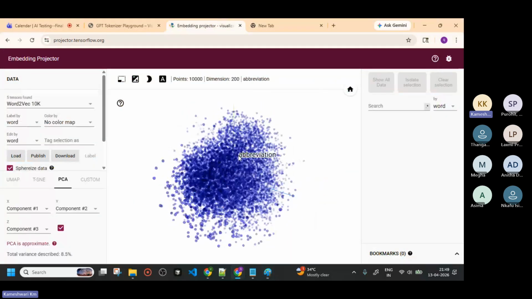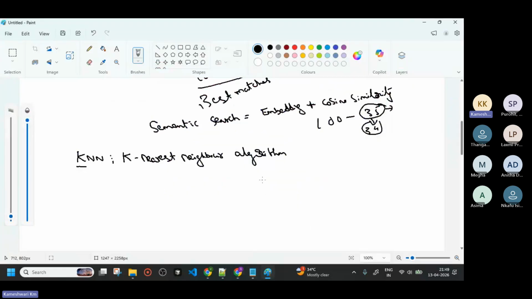So there's a 3 dimension, and all of the embeddings will be there. From there, if you ask any question, it will map it here and all the numbers will be counted. It will say which is very nearby, the K-nearest algorithm. On top of that, it will give the answers which is the nearest match. It will throw the answer as output.